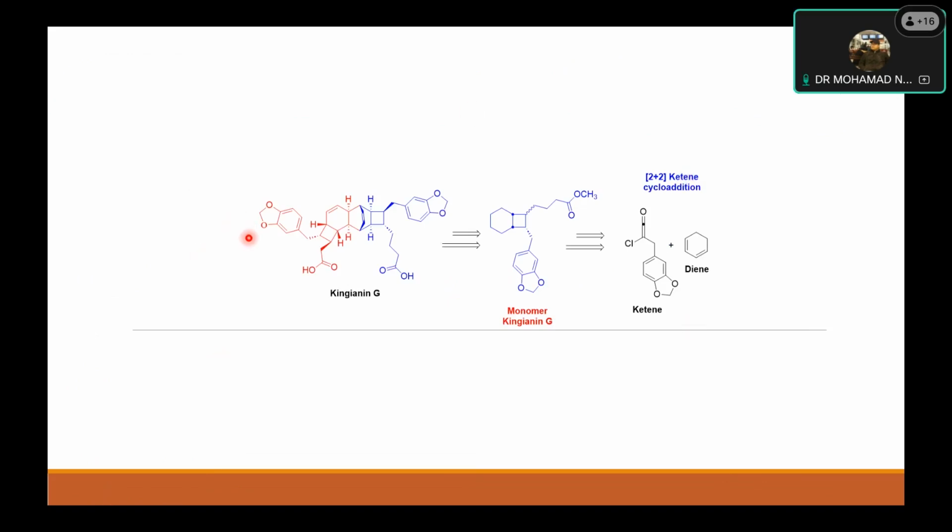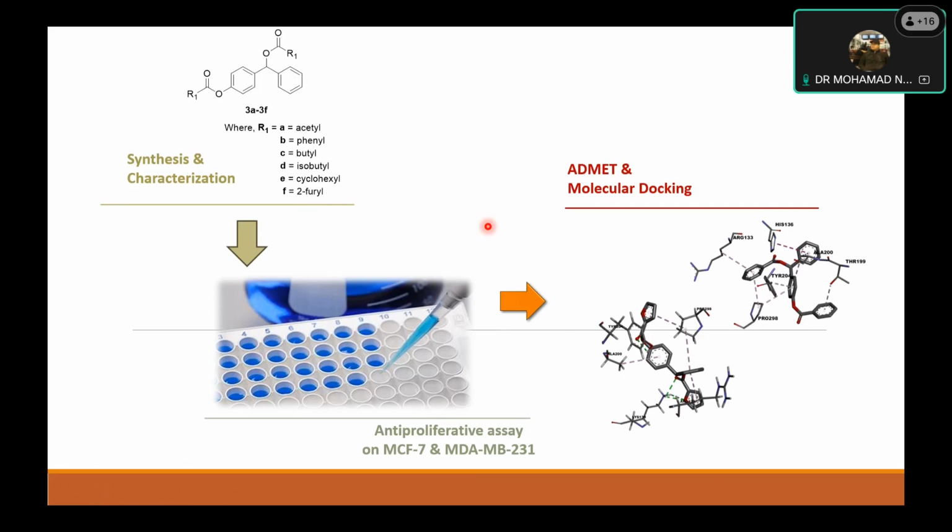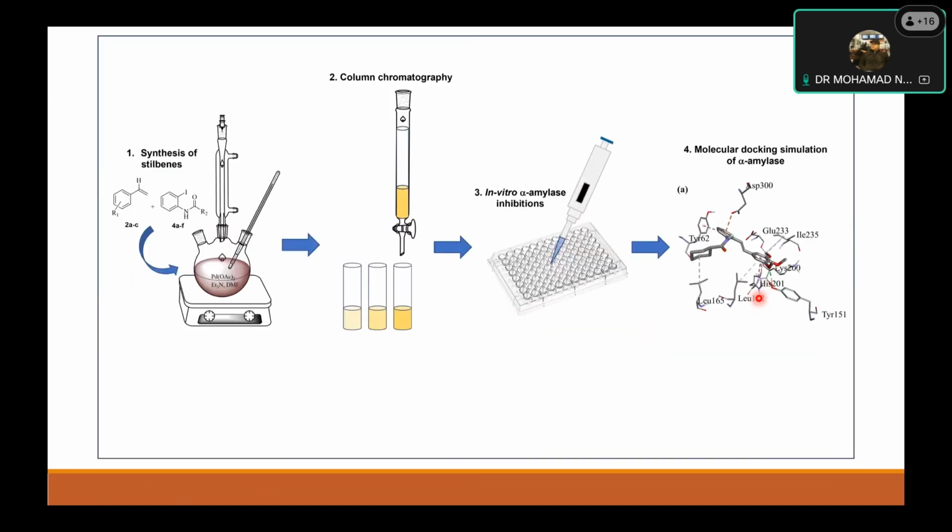Okay, so we know you try to synthesize skin gaining G, and after that you try to propose how to synthesize the monomers, and also this is the idea of how to get the monomers. Again, this is work by myself, which belongs to the TAN project. So synthesis and characterization, they are doing anti-proliferative, ADMET and also molecular docking. So it covers all the ideas of what the project looks like. Again, this is by Mahdi, about the graphical abstract that they use for his project.